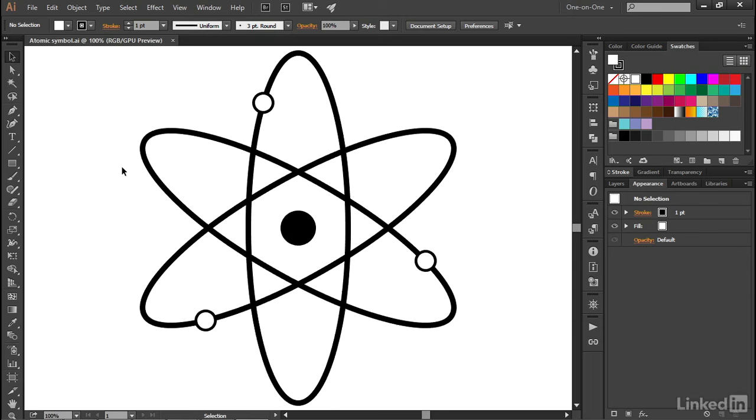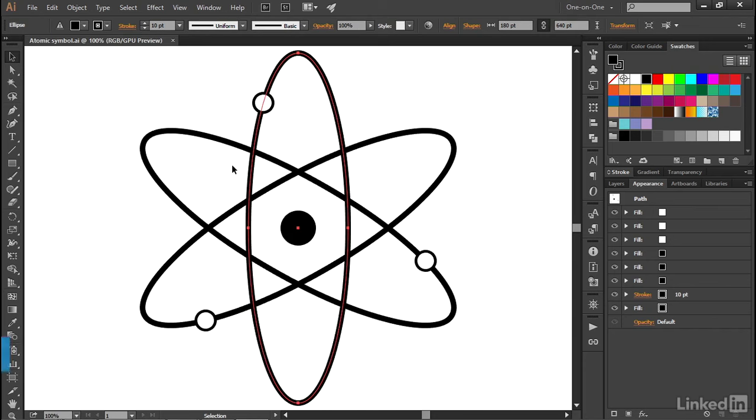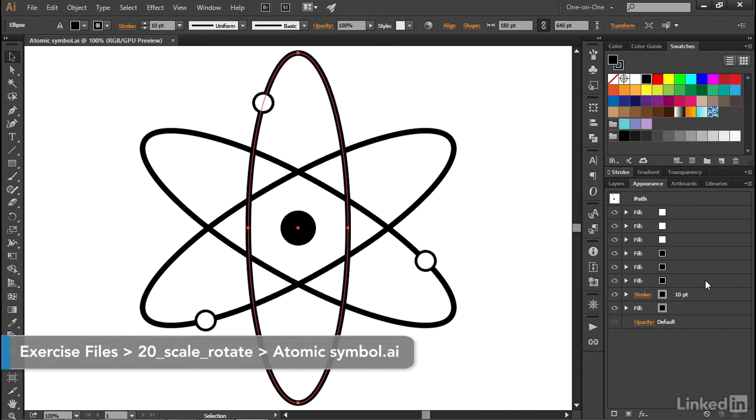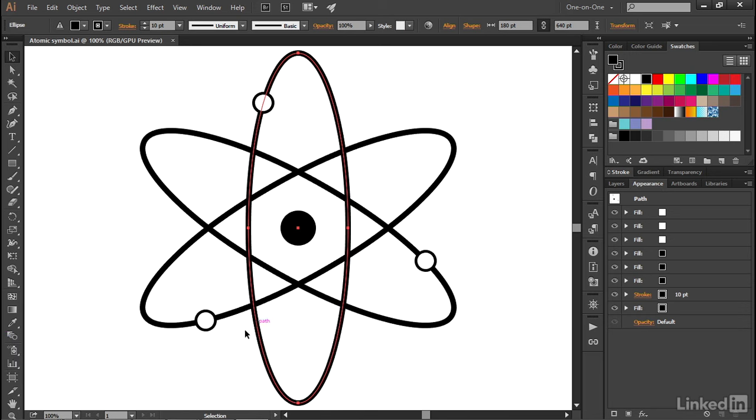All right, so if you joined in on the previous chapter, you may recall that we created this atomic symbol entirely as a collection of dynamic attributes here inside the appearance panel. But I also told you that I cheated to figure out the position of the electrons. For example, if I were to turn on this top black fill right there, you can see the bottom left electron disappear. And so I'll go ahead and turn it back on,